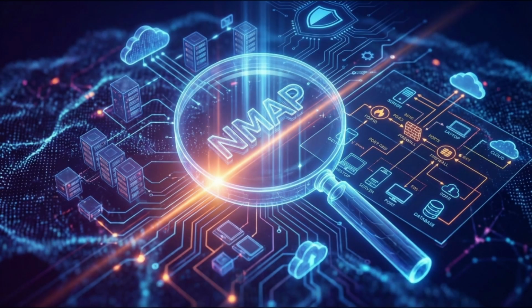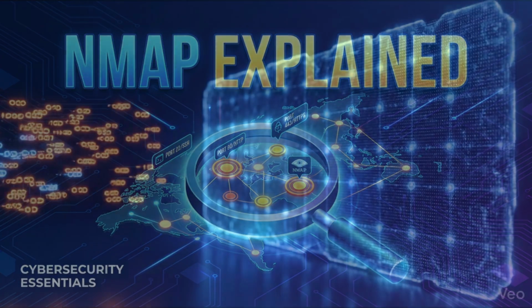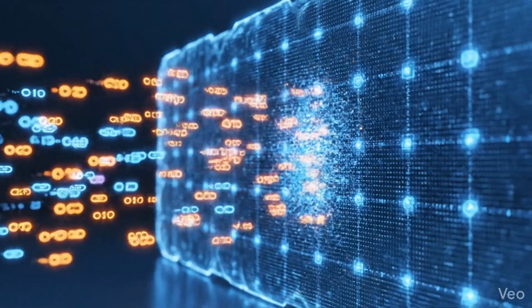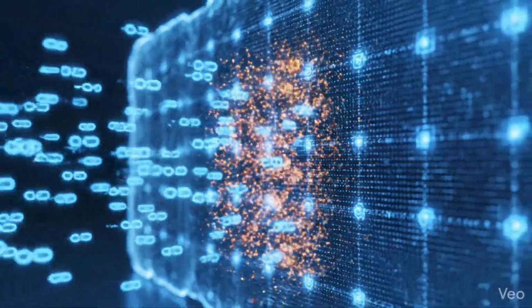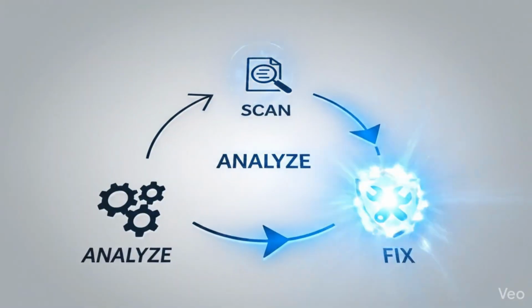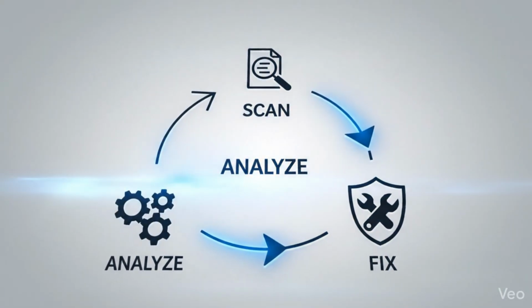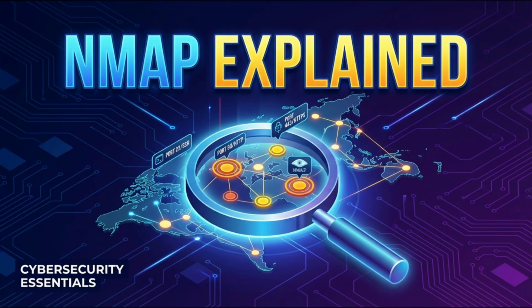How should defenders use Nmap differently? Defenders scan to confirm assumptions. They assume something is closed and scan to verify. Attackers scan to find surprises. Interesting difference. How do logs fit into this? Scans show exposure. Logs show behavior. Together, they give the full picture. Nmap tells what can be reached. Logs tell what was actually accessed.